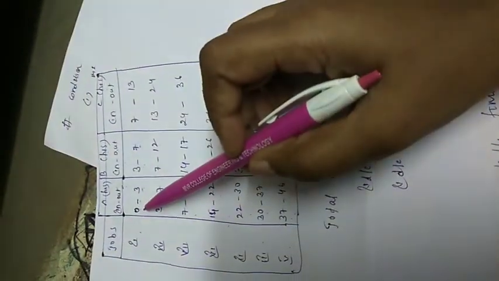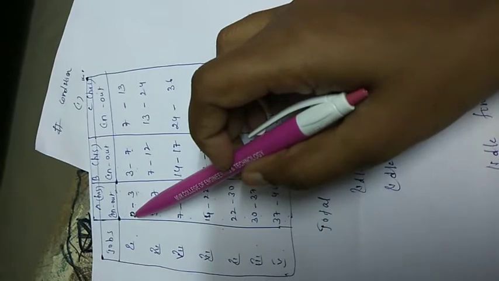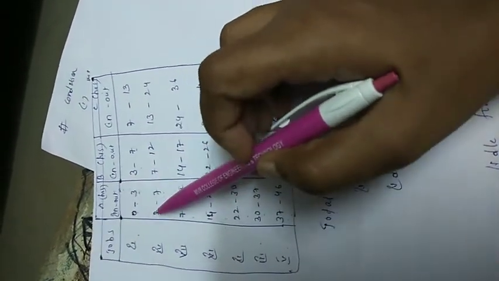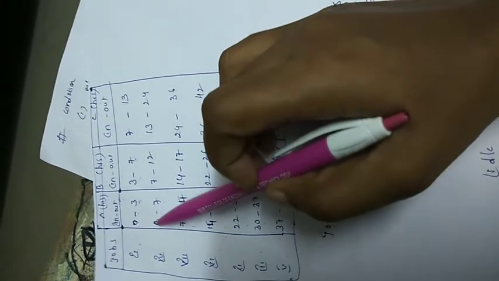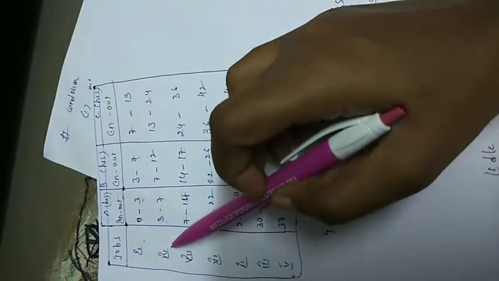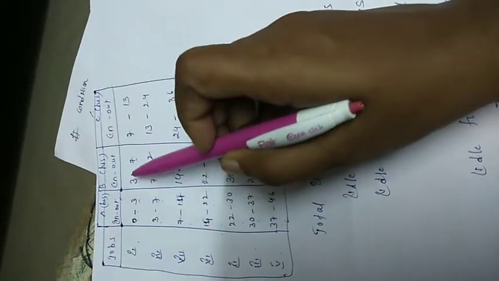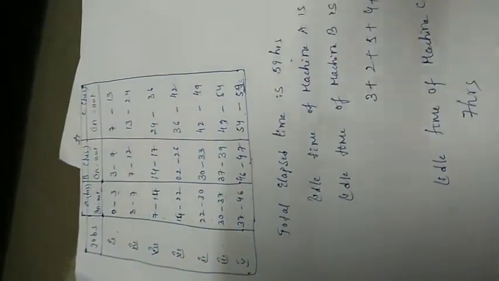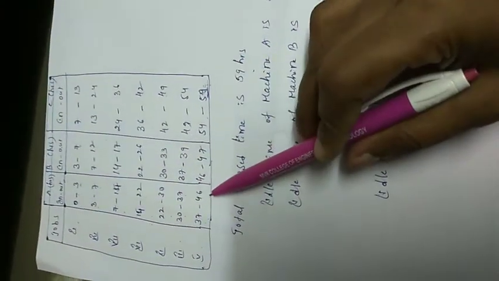If you start the problem, the initial time is 0 hours, and first for A is 3, and 3 is taken here. The fourth job for A mission is 4, so 4 plus 3 is 7. In the same way all the process goes like that, out for in for B, and out for in for C. Solve the problem, and the last value we get is the total elapsed time, that is 59, and 59 minus 46 is the idle time of A.